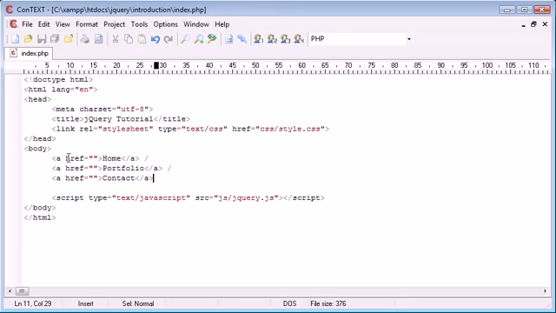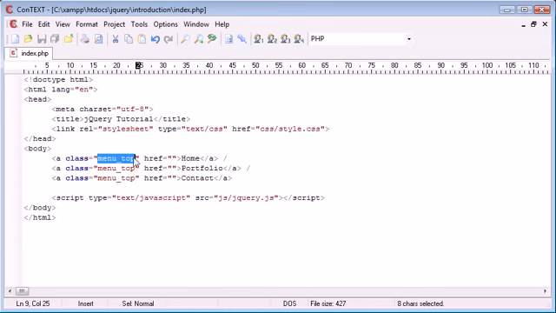So the href we'll sort out in just a moment, but for now we want to assign these to a particular class. So I'm going to call this menu underscore top. I'm going to do that for all my links, and any other links that we're going to add down here, which obviously we won't be doing for time purposes, they're going to belong to the same class as well. So in jQuery what we can now do is select any class we want, any menu item we want using this particular class. Now the link location is going to be a particular page, so this is going to be